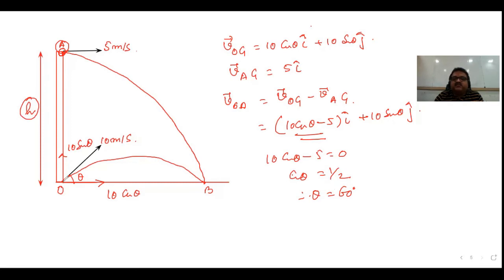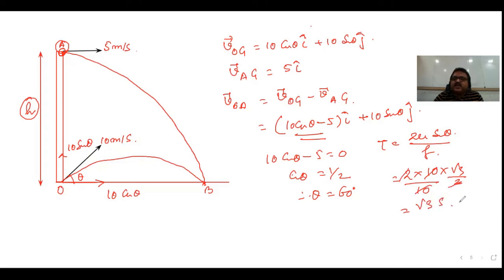Number 2 question is, find the value of H. Now, if you watch it carefully, this is actually the time of flight of B, correct? Time of flight of B means the time at which A and B collided. We can do it very easily. What is the time of flight of B? That is T is equal to 2u sine theta by G. What is 2? U is 10. Sine 60 is what? Root 3 by 2. G is 10. Calculation complete. That is root 3